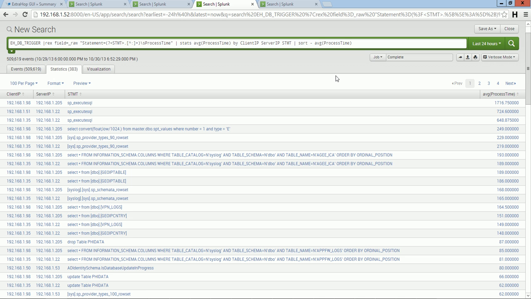And that was really valuable to us to be able to see an anomaly. Here I'm basically just looking at the client, the server, what exactly was executed, and the amount of time it took. Another valuable statistic to look at here, if you wanted to, is the number of occurrences. So you could actually do a count